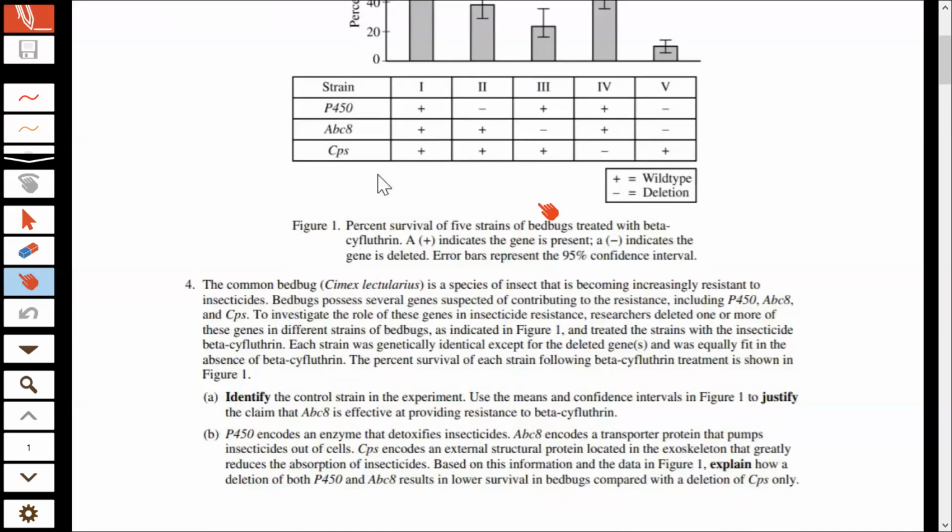So let's look at A, and remember, hopefully you'll pause this video and try this on your own. Letter A tells us to identify the control strain in the experiment and use the means and confidence intervals in Figure 1 to justify the claim that ABCA is effective at providing resistance to beta-cyfluthrin. So